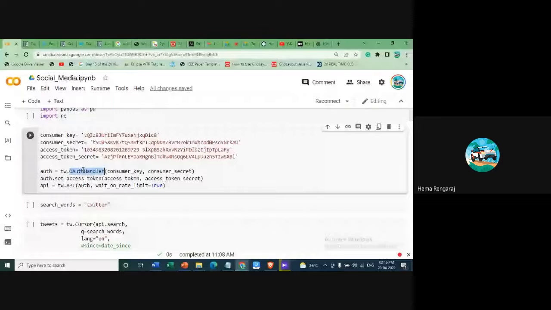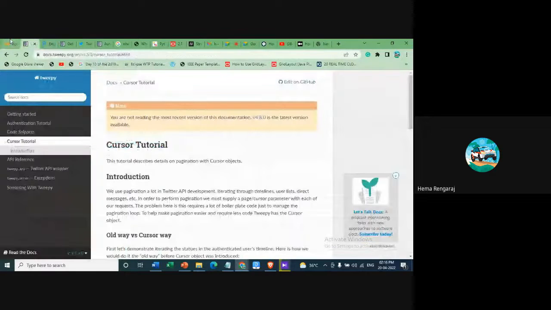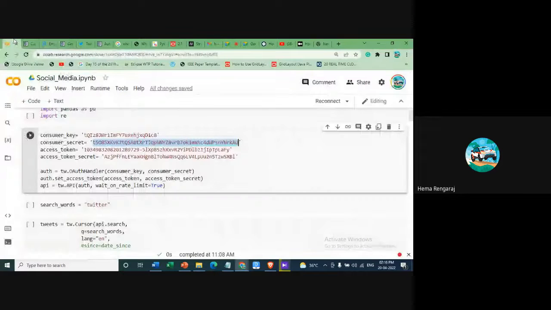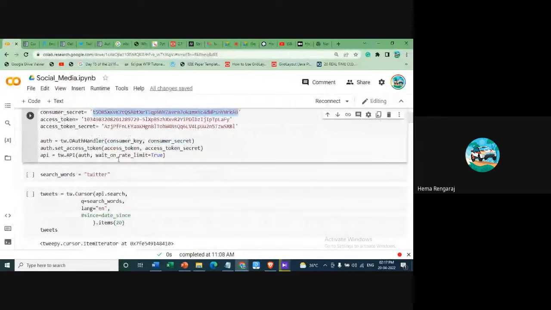In this we have to pass the consumer key and the consumer secret key. So you have to authenticate yourself in that link. They will provide you the keys and tokens, and if time permits I'll show it. You yourself can try with that link. If you authenticate yourself with that link, it will directly navigate you to the keys and tokens section. In that they will provide you the consumer key and the secret key, and it is one-time usable. I think you should try it on your own. And you need to include the instance.